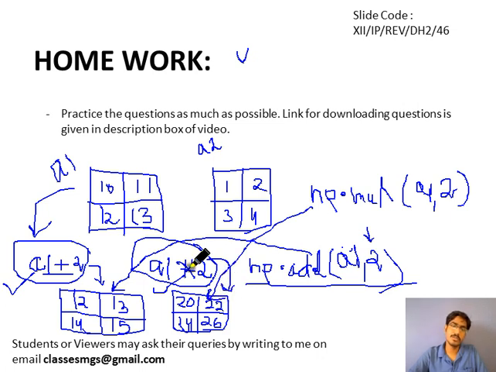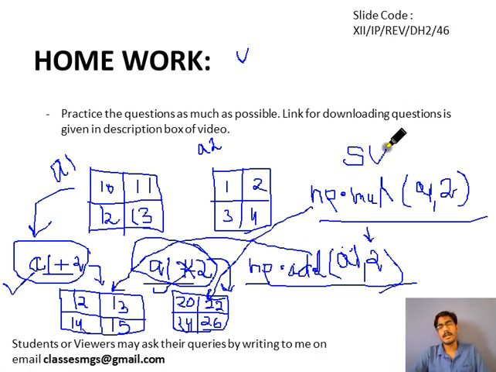So there are two ways to multiply. Either you can use a1 star 2, or you can use np dot multiply a1 comma 2. Similarly, for subtraction there is a method subtract, and for division there is a method called divide. So keep this in mind. You can use the divide and subtract methods as I have demonstrated in the two examples here.